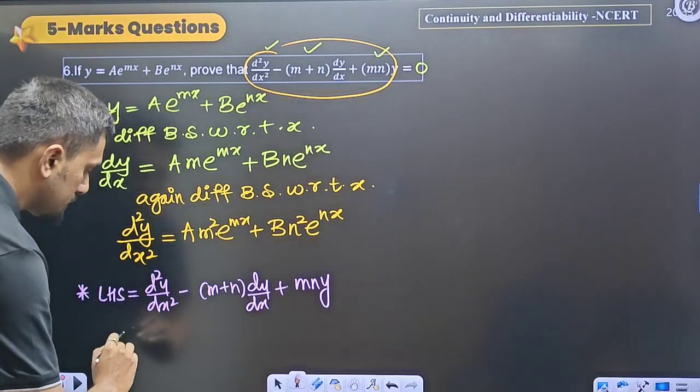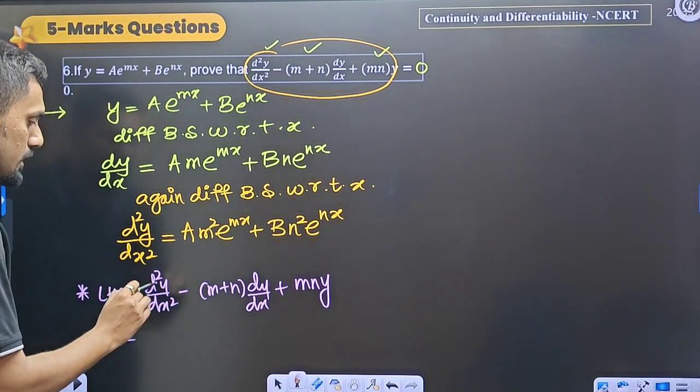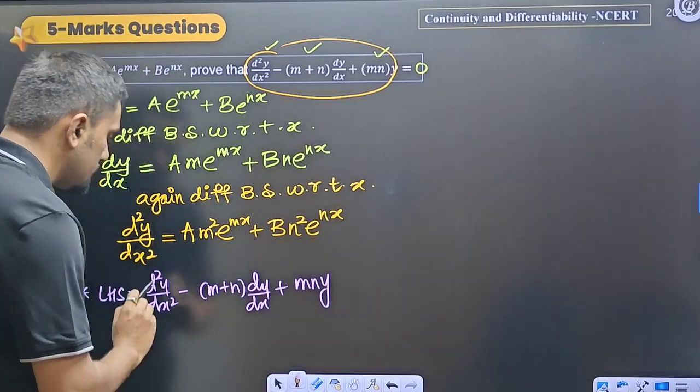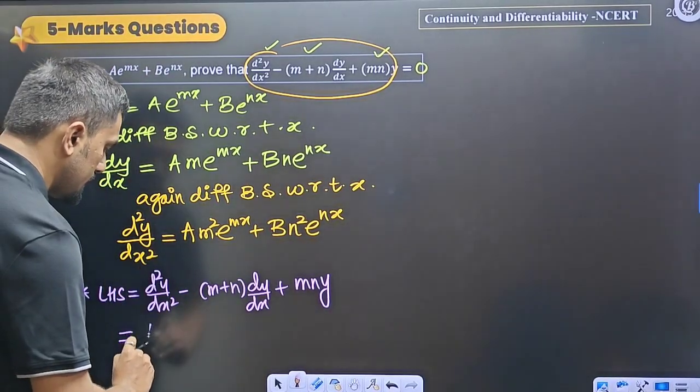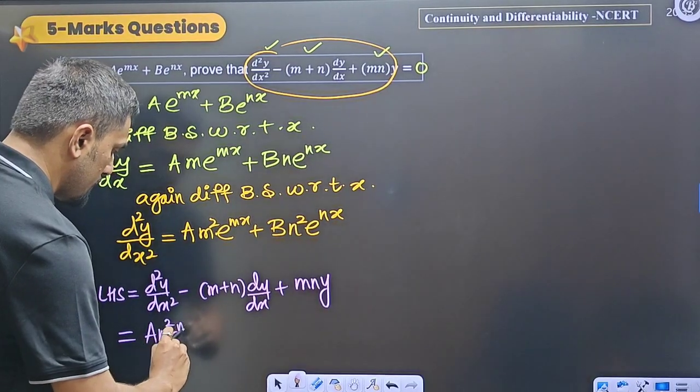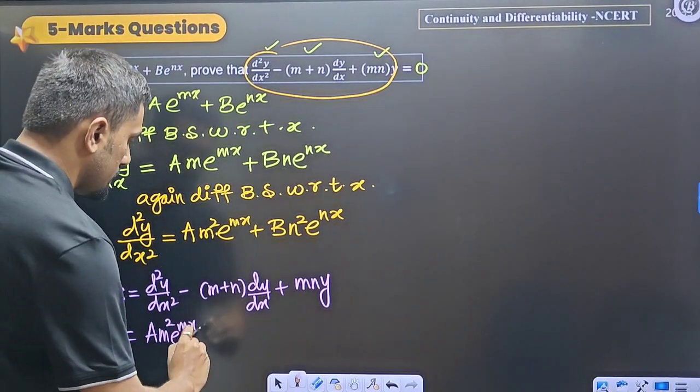Substitute the values for d square y by dx square, dy by dx and y. d square y by dx square is here a m square e raised to the power mx. Then